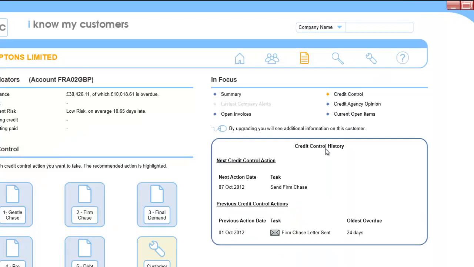It's updated the credit control history, so I can come in here anytime now, and I know that I sent a firm chase letter on the 1st of October. At the time, the oldest invoice was 24 days old, and if I was to do something now, then the next task would be send a firm chase letter. But obviously, as time goes by, I can send letters which are more and more, let's say, aggressive. So my next one might be a final demand letter, then moving into a pre-legal action, then moving into debt collection. So that is